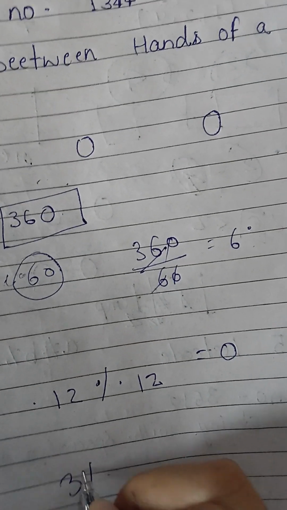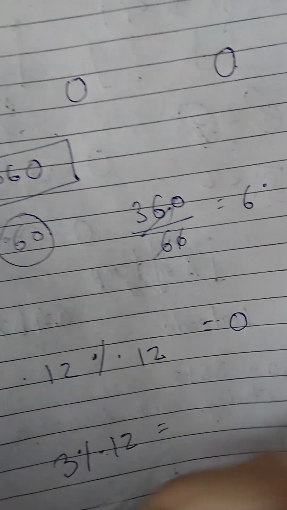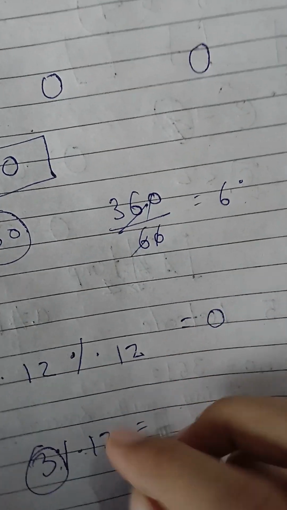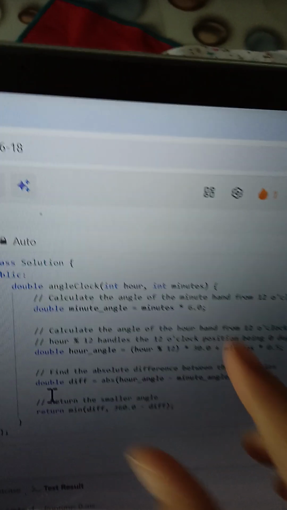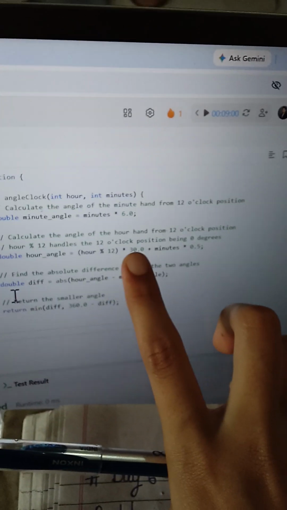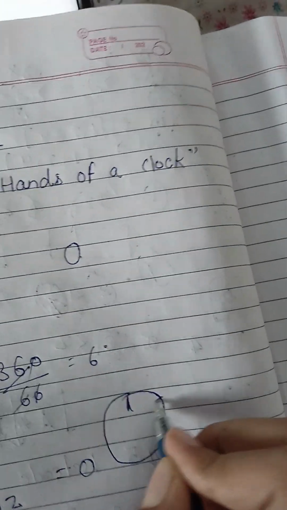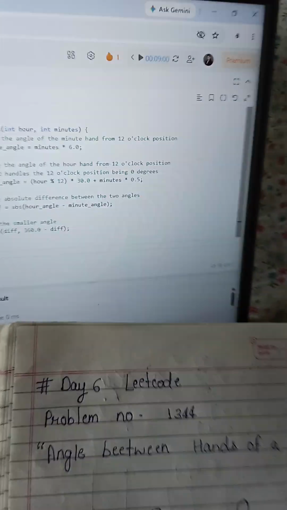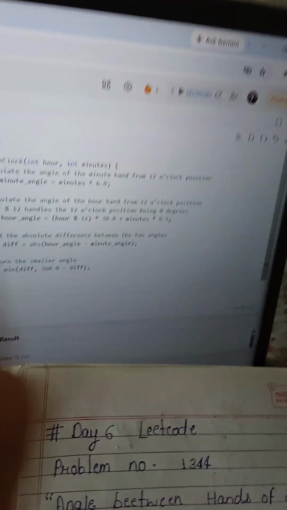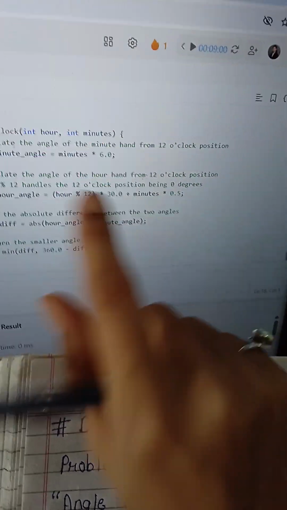If there is 3 modulo 12, it will be 3 also, because 3 is the minimum from 12. So it is reducing our angle from the initial position and multiplied by 30, because we know that in a clock every two numbers hold a 30-degree angle. So in every move, we are multiplying our hour by 30.